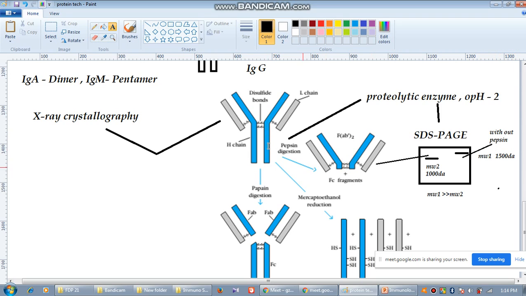After addition of pepsin, what we saw is the tail is vanished. Here you see Fc fragments. Can you see Fc? Fc means what? Fragment crystallizable. That is the tail. Now the tail has been fragmented so small that it cannot be recovered. But the top level can be recovered, which has an approximate molecular weight of 1000 Dalton. Now this also can bind with an antigen.